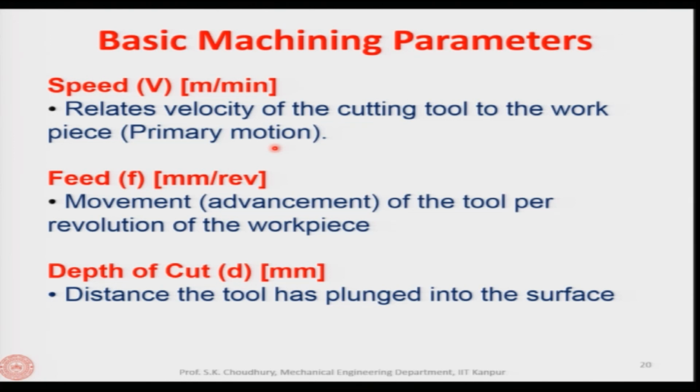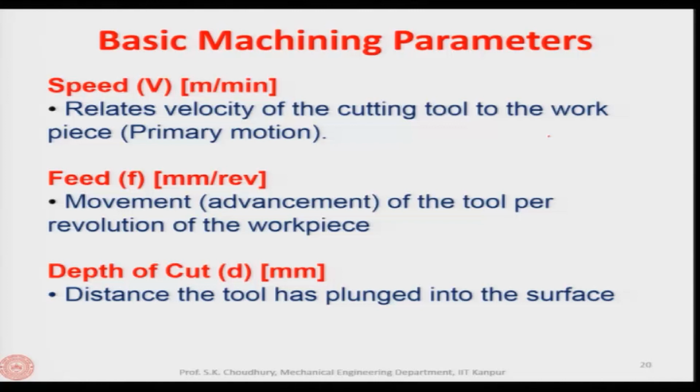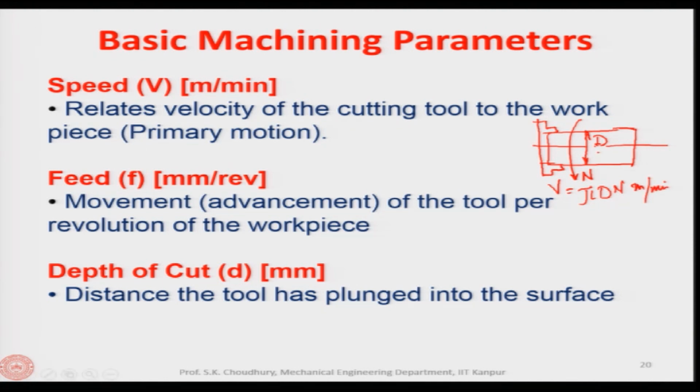Let us give an example. You have the turning process, where the primary motion is the revolution per minute of the workpiece, all right. As you all know, let us say this is the turning process for this workpiece, which is fixed in the three jaw chuck, and if this diameter is d, then this rpm is the cutting speed, n rpm, and the cutting speed is pi d n. This is the cutting speed v, which is in meter per minute. That is what we are talking about. Here in case of turning, the primary motion is given to the workpiece.